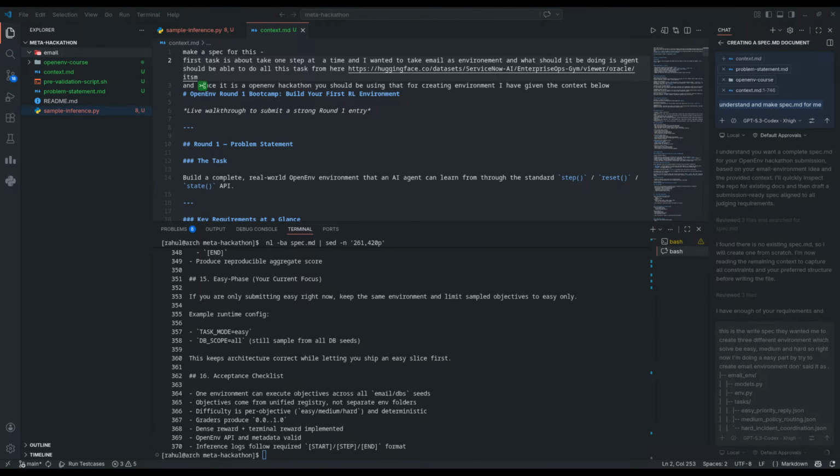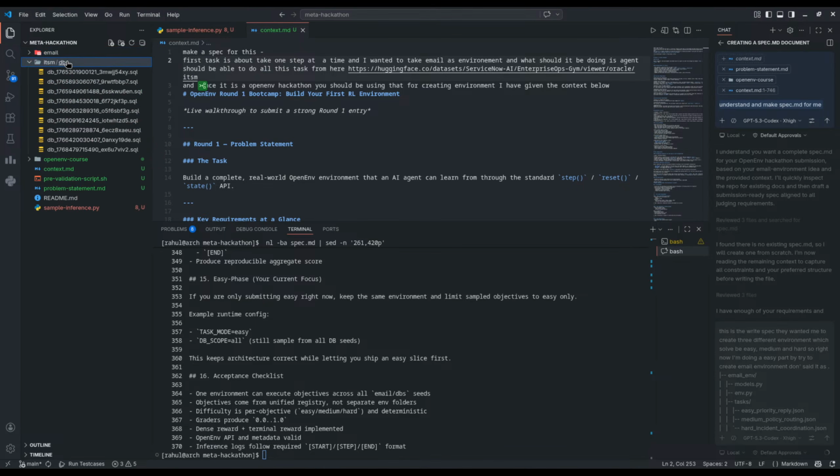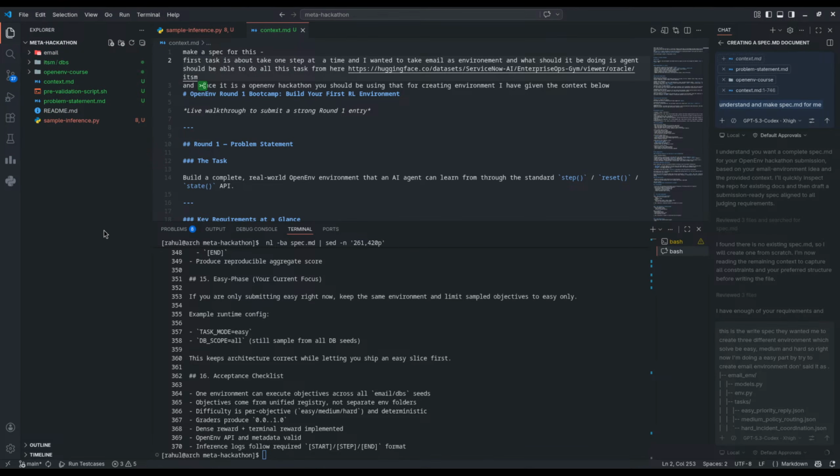Let me go to here. Let me restore this. Let's see. I don't think so. I will do it. Okay, this is the one, but I needed to restore. Where was it? This is the one I needed, and this I have no use of. Okay, I need to do one thing.